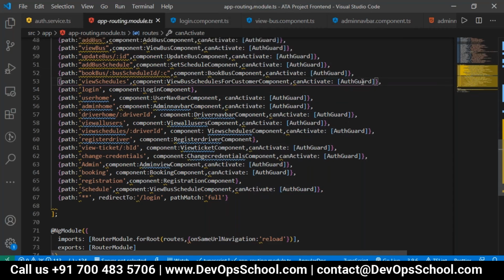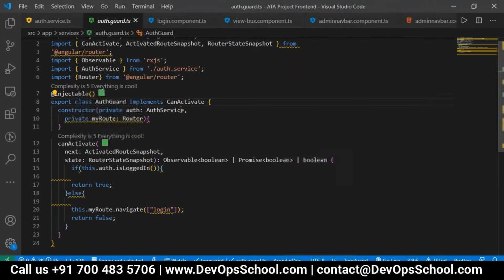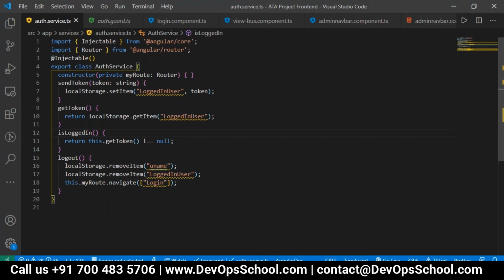When you go to the auth guard code, which has the canActivate method, we are just checking this.auth.isLoggedIn. isLoggedIn is a method which we have written in the auth component. Here we wrote one method to get the token, localStorage.getItem, and send the token. Whenever the login is successful, we have done this coding separately.